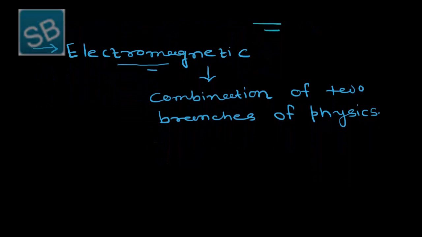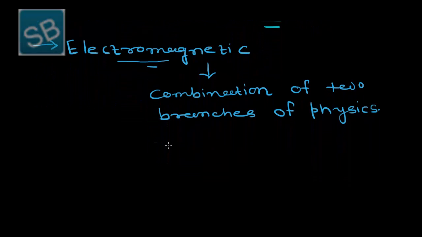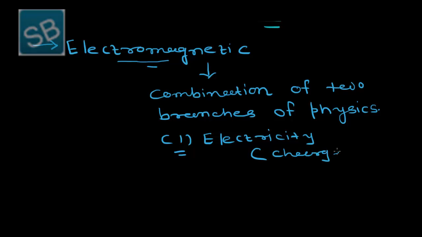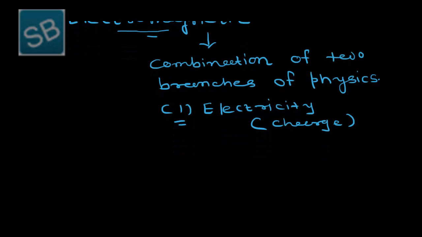And the two branches are, the first one is electricity, and it is basically dependent on the charge. And the second one is the magnetic branch, and it is basically magnetic physics,